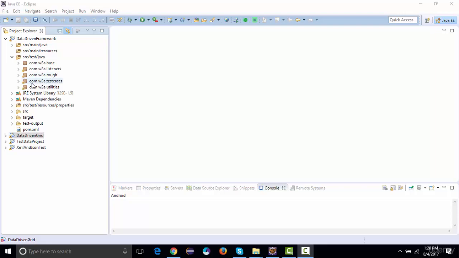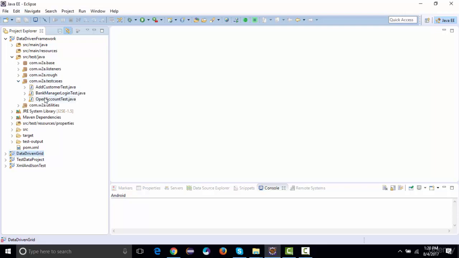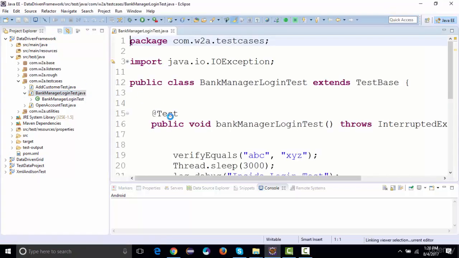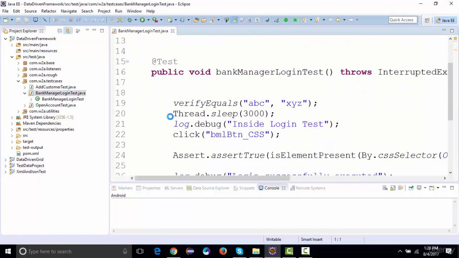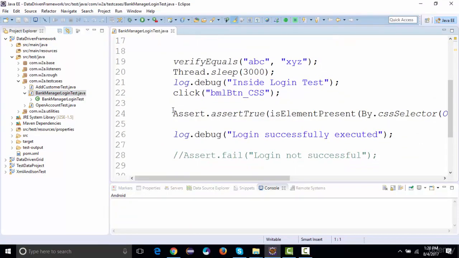Now, what we were doing initially is we created test cases for opening the account, logging in with bank manager, adding customer. So in all the test cases that we have created so far, our business logic is actually defined within the test cases itself. Business logic, as in over here, is clicking on the bank manager login button, right?